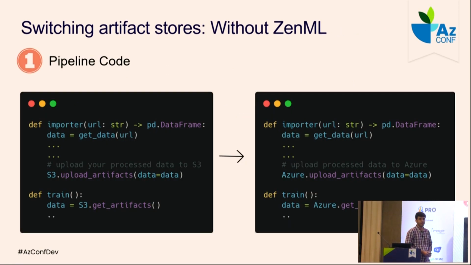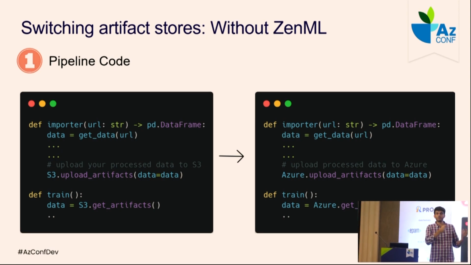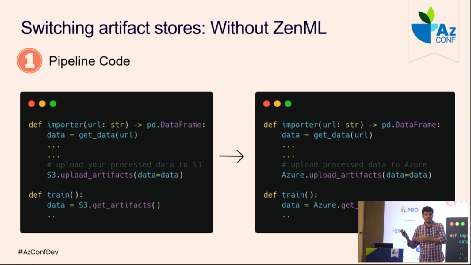Now I'll show you a very fun comparison between using ZenML and not using ZenML. Let's take a use case of switching between artifact stores, right? Whenever you do model training, you have an artifact store, which essentially stores your model artifacts and other kinds of files related to your training. Let's say I am working with S3. I have an S3 bucket where I store everything regarding my model training. But now let's say I want to move to Azure. That can be a plausible use case. Maybe you moved your cloud, you got credits on Azure which you want to use.